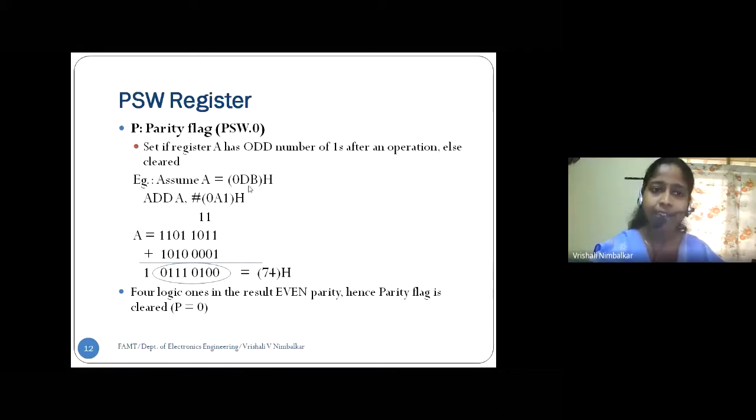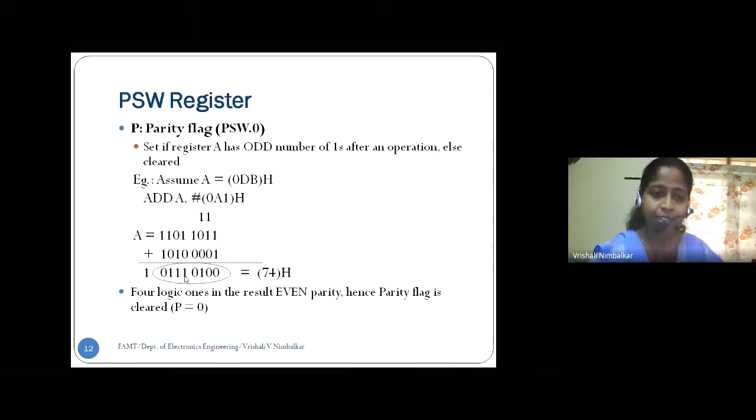So we have taken an example here. DB hex is added with A1 hex. D is 13, 1101, B is 1011. The earlier example itself. So DB is added with A1. Correct? And on addition, we ignore the carry. Right? We ignore this, and we only check the 8-bit answer of the accumulator. And we count ones.